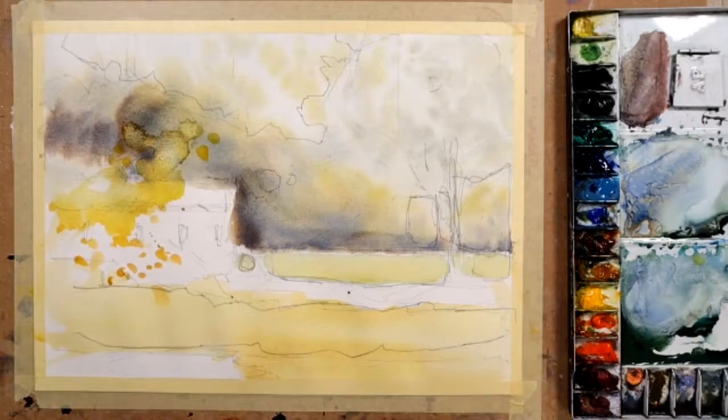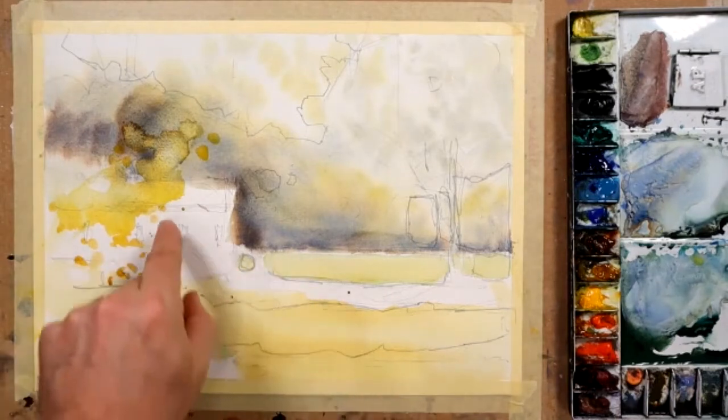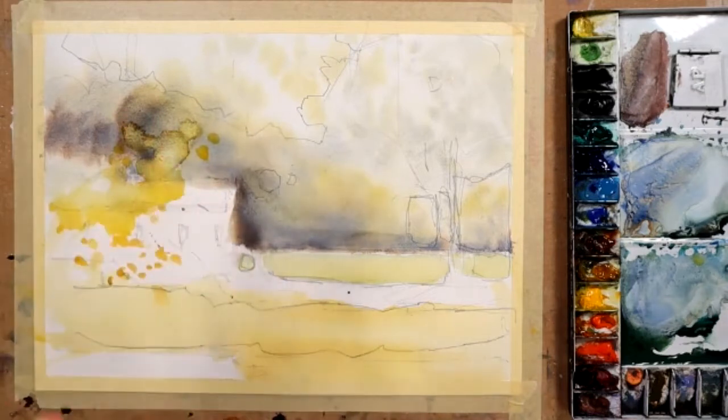Okay, so here we are. I think now I'm going to pick up the small brush and I'm just going to establish where I want to see things. I'm not really doing the details per se, but I'm going to suggest some detail. That's the best way I can describe this. So I'll pick up my little small pointed brush